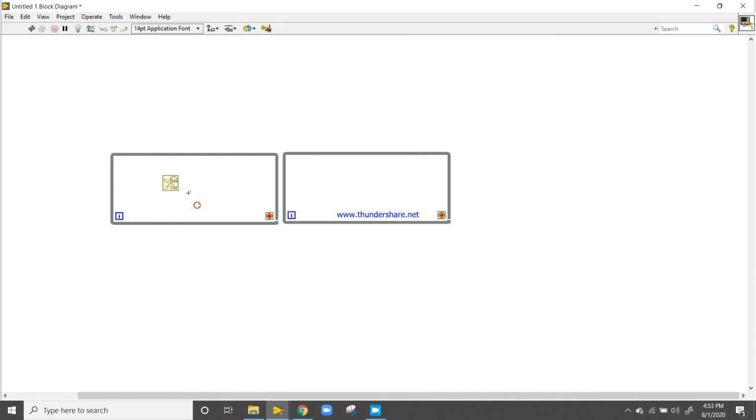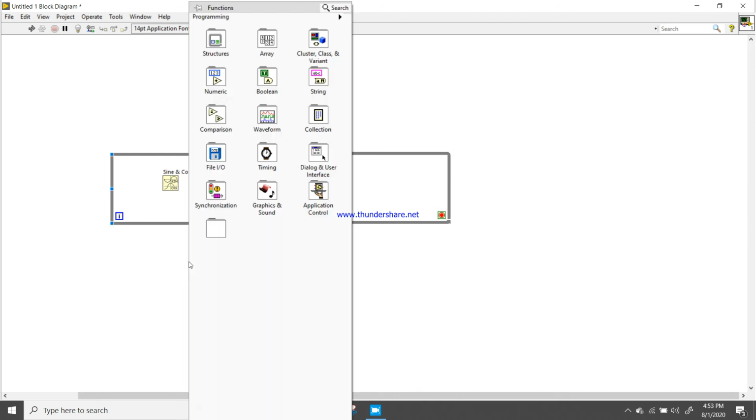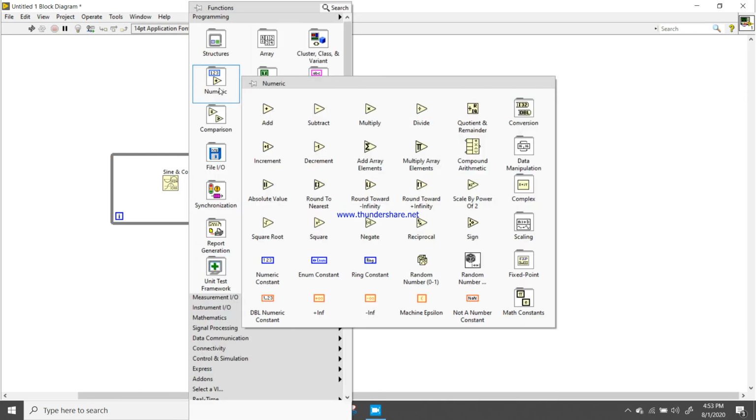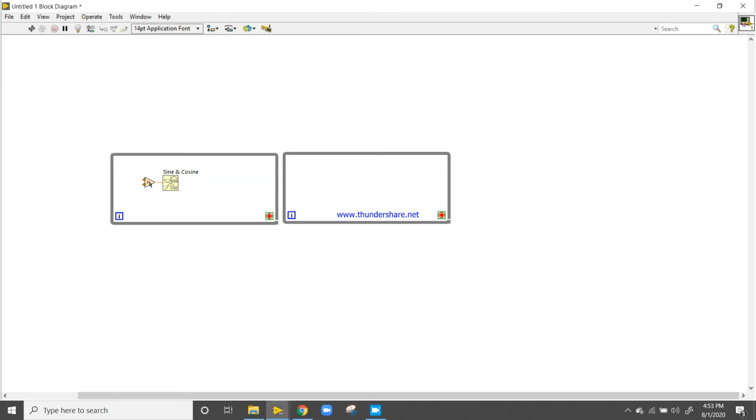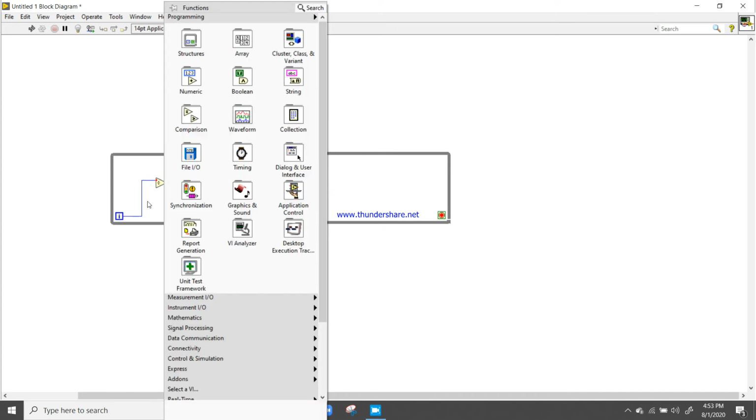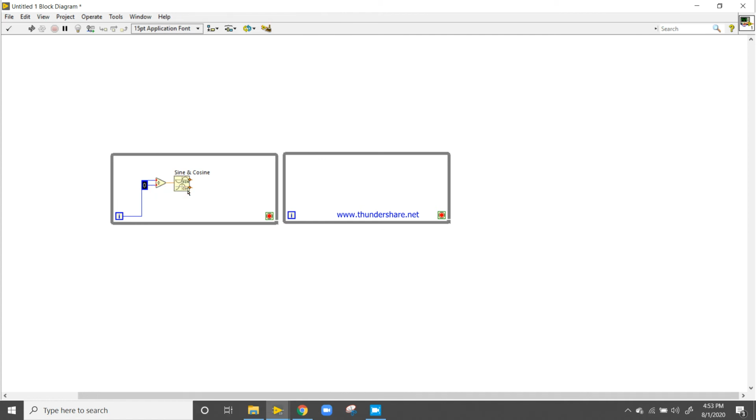Right click, label. Right click, come to the divide. Connect this one. Create constant 10.